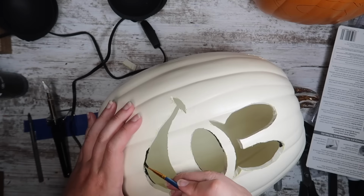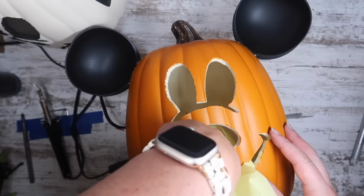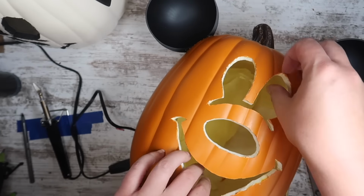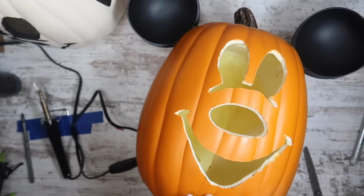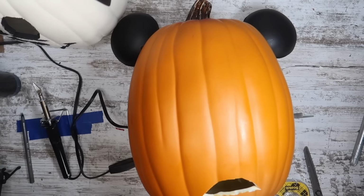Now I plan to add a tea light candle to the white ghost Mickey pumpkin, but this one I wanted it to glow like the inspiration, and I was like, how am I going to do this? Well, I decided to try to put in a little bit of yellow tissue paper. I added this pack of orange lights from Dollar Tree that you can just plug in, and I added a couple